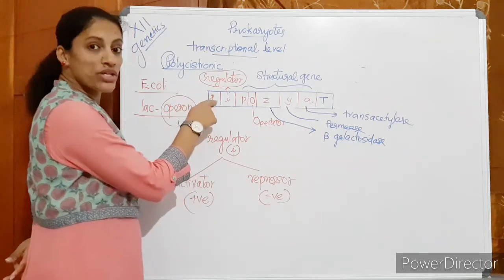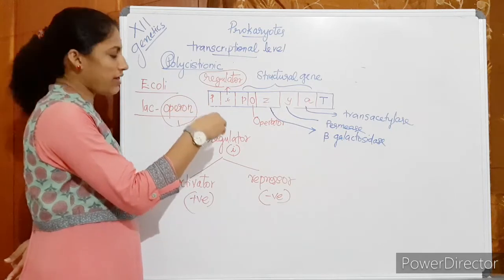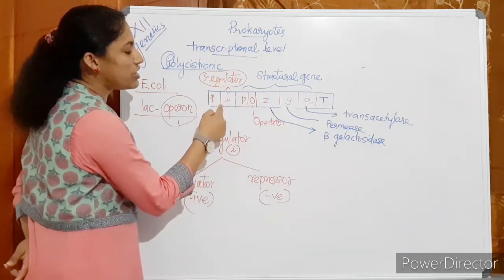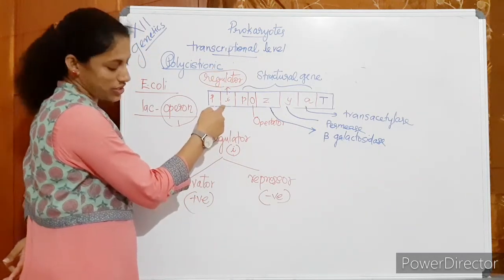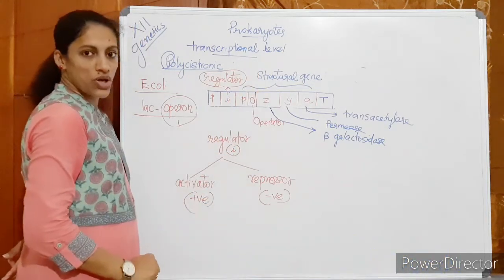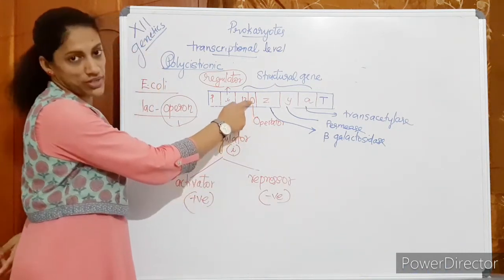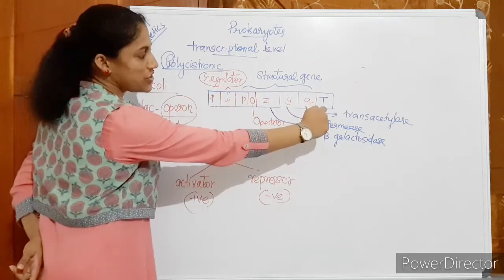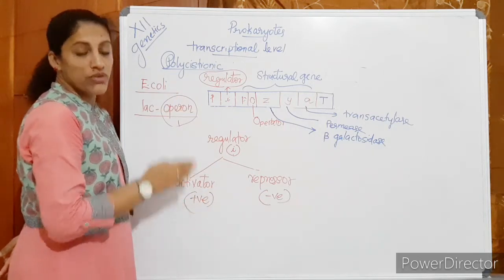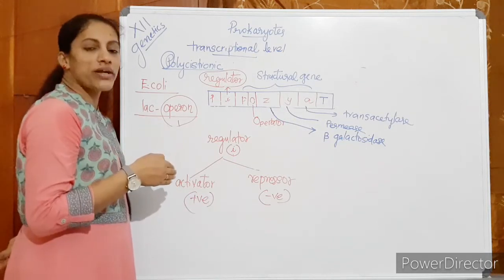Then the role of promoter, you know, is to make the RNA polymerase attach to it, recognize it and start the process. And the role of operator: the product of the regulator gene, whether activator or repressor, its action site is operator. Suppose a repressor is produced, it is acting on the operator region. So these are the functions of these regions. If these basics are clear, we move on to the lac operon concept, given by Francis Jacob and Jacques Monod.